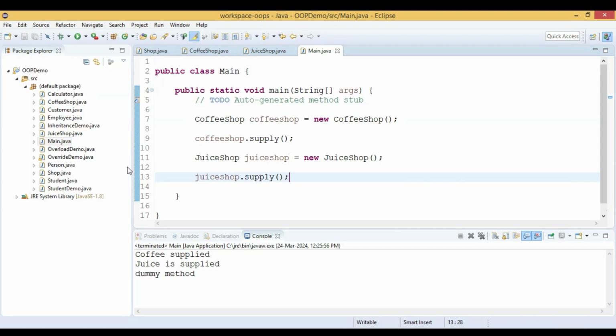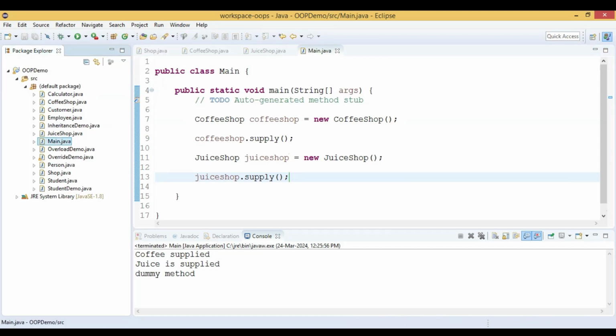Now let us run this code and see the output. So we have these printouts as output. Coffee is supplied, juice is supplied. Okay, but